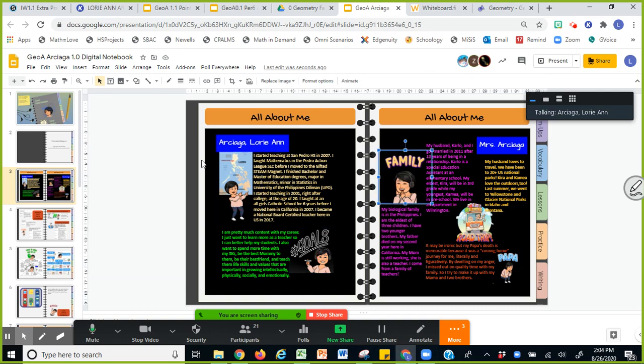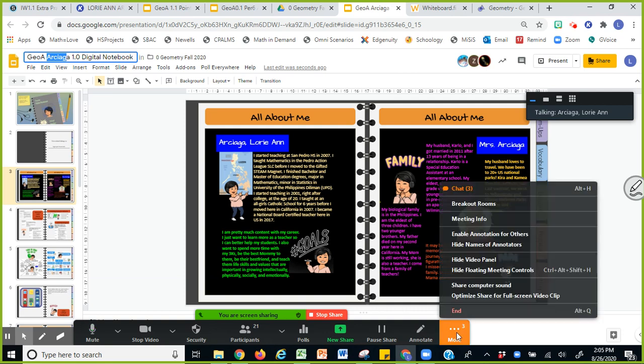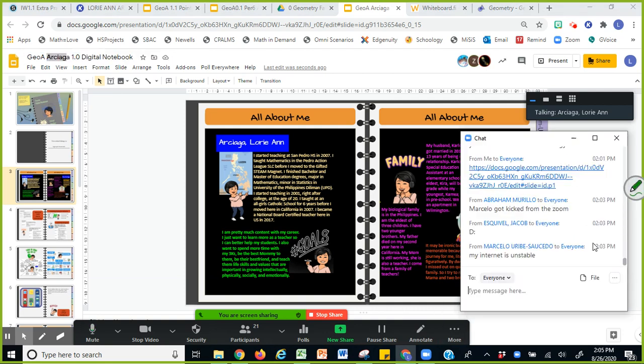Okay. And I strongly suggest you type your last name in the file name, so when we get to the point when you have to turn it in, I would know that it's yours. Sorry, I haven't been reading the chat. There's a file name here on top, right? So just type your last name.